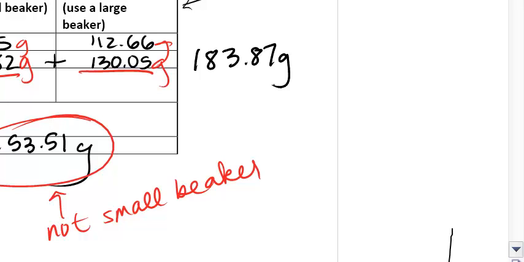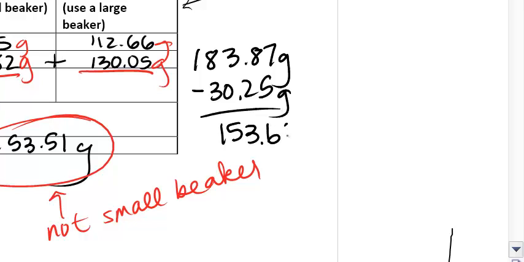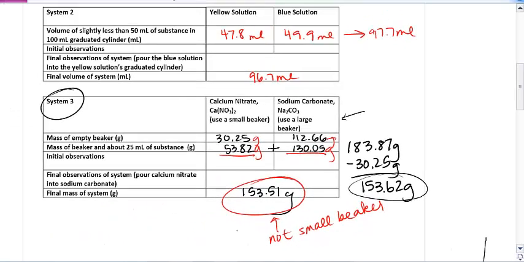Well, that obviously doesn't match up with 153.51 grams, but what we have an issue with here is that we didn't include the small beaker. So we're going to subtract out the mass of the small beaker, so minus 30.25 grams, and we get 153.62 grams